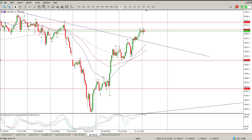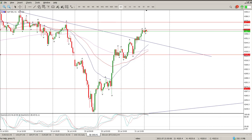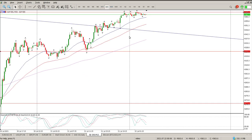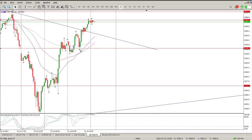You can see there it is there. If I just use this trend line here, if I just use this support line here just as a sighting line as to why we should have got in there. So you can see on the 15-minute, it's a retest of some previous breakouts here. Okay, there it is there. But if you look at the hour, it is a potential retest of